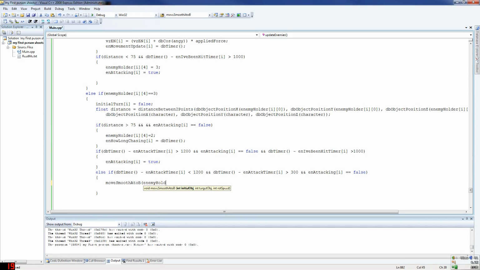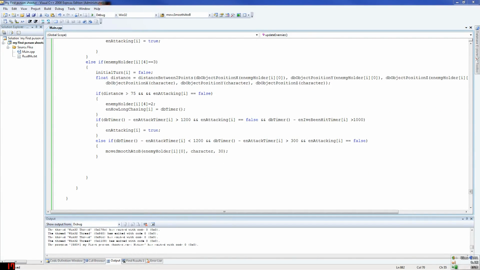Enemy holder 0, and then we smooth move him again, character, and we move at 30 speed, a little bit faster this time because we want him to go for another attack. He's already annoyed, and so on. So basically